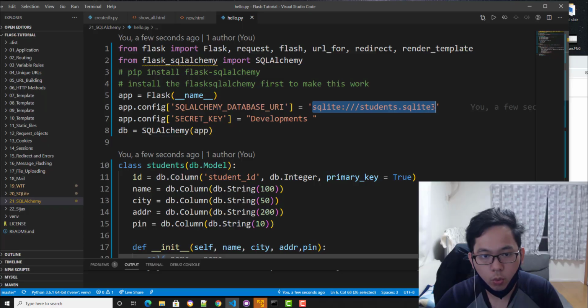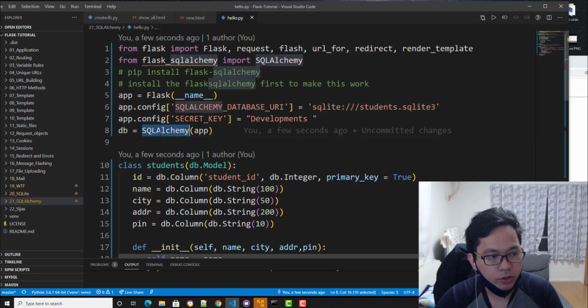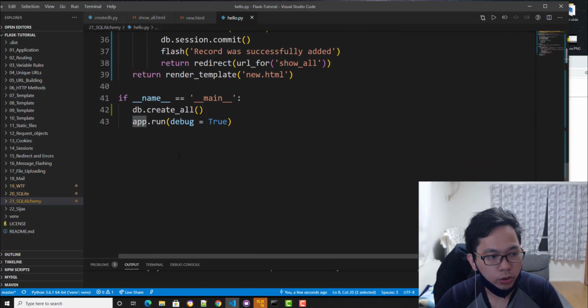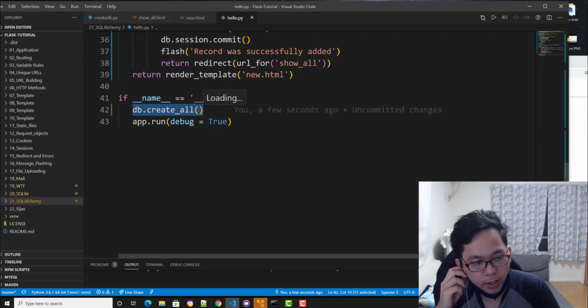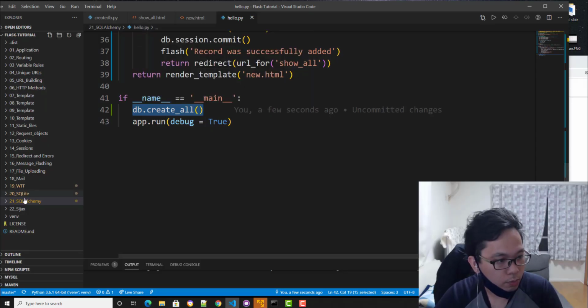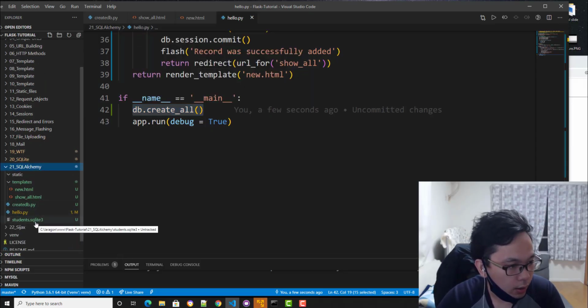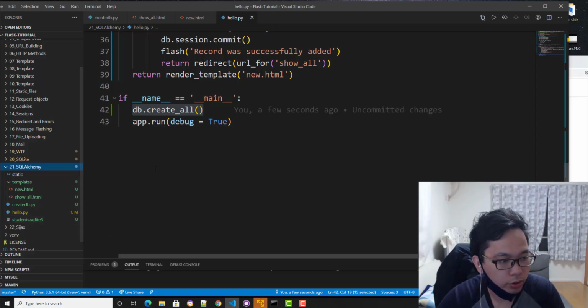Just name it whatever you want. Then db = SQLAlchemy(app), pass your app in here, and on your main you do db.create_all(). It will create your database. So if you go to your directory, there's a file called student.sqlite3 or something like that. That's your database.